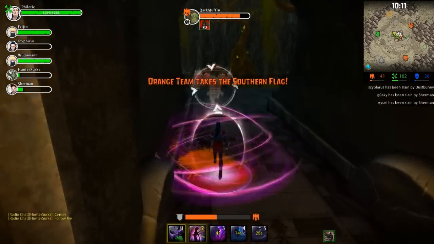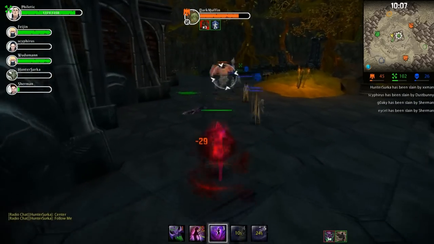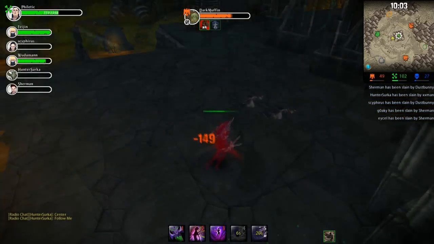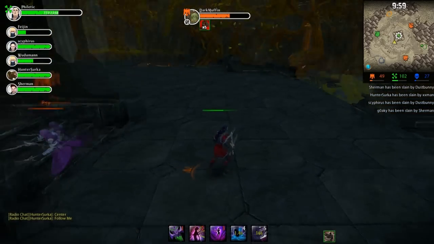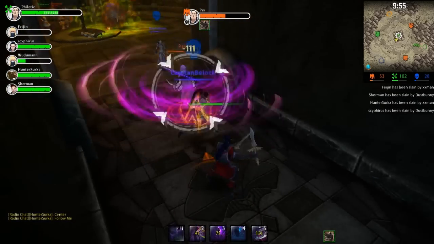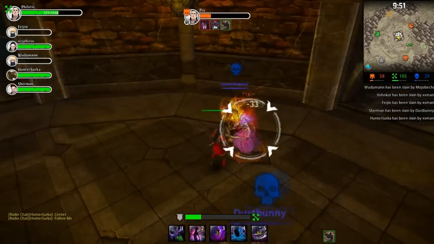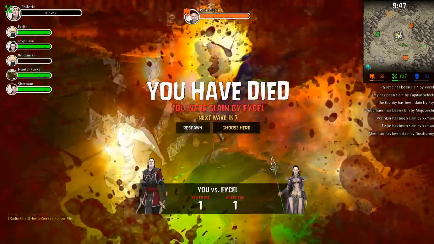I forgot this guy's got a speed boost, and I haven't got my teleport at the moment, so my 5 was completely wasted there. Yep, a lot of classes. I think generally 5's your ultimate, 4 is your defensive spell, and then 1, 2 and 3 are generally damaging spells, and you're supposed to use 1, 2 and 3 in the correct order to initiate full damage. For example, I'm dead now,